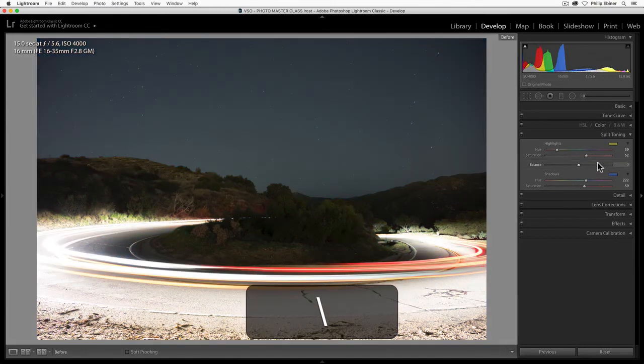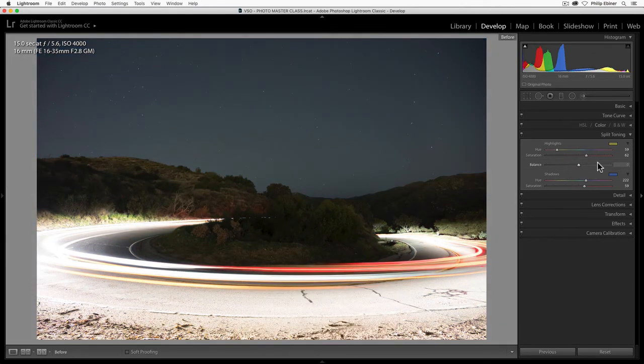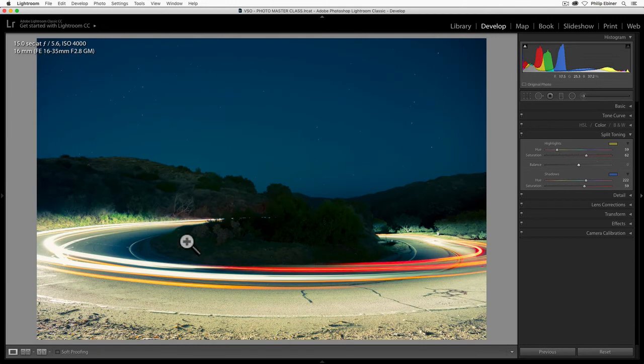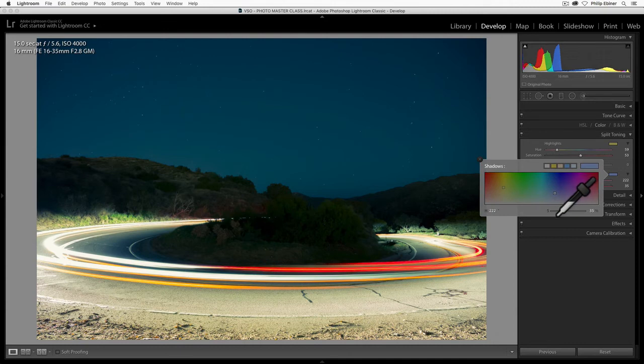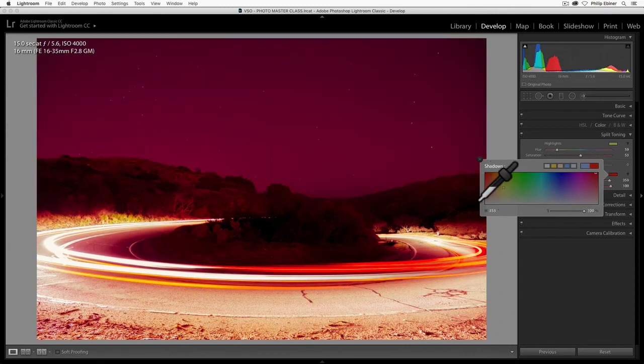So let's show you the before and after. Now this does apply the exposure adjustments as well, but you can hopefully see the split toning adjustments as well. This one looks fairly natural. The saturation might be a little much for both the highlights and the shadows, but something like that looks pretty cool. Now we can go super creative and basically do the opposite, making the sky some sort of, let's see,